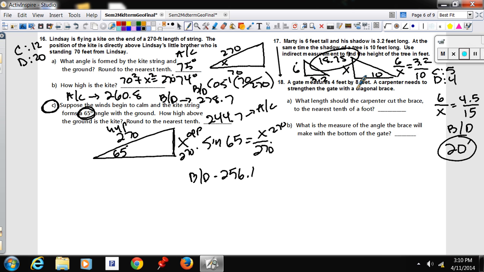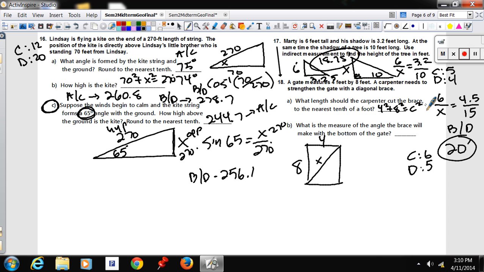A gate measures 4 by 8 or 5 by 8, depending on what test you have. And this one is right below it, so it's going to be number 6 on test C, and it's going to be number 5 on test B. And it's going to be 18 on A and B. And you have a gate. You've got 4 by 8, and they want to know what's the length of x here. So that should have been easy. 4 squared plus 8 squared equals c squared. You're going to solve that one,